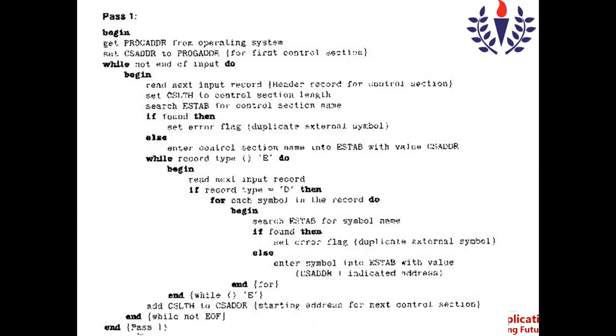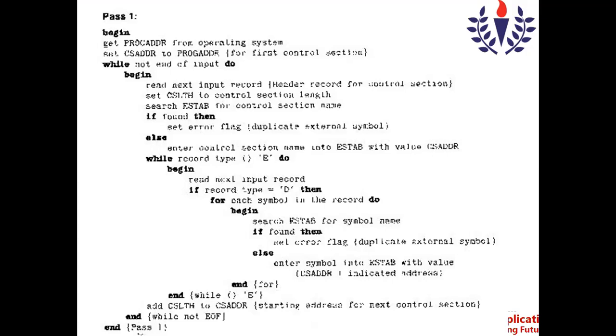As I told you already, the object program contains many records, and the linking loader will read each and every input record from the object program. But whether it processes all those records depends. If it is required, it will process. Otherwise, it will not. It is not going to process the text record or the modification record in pass 1.